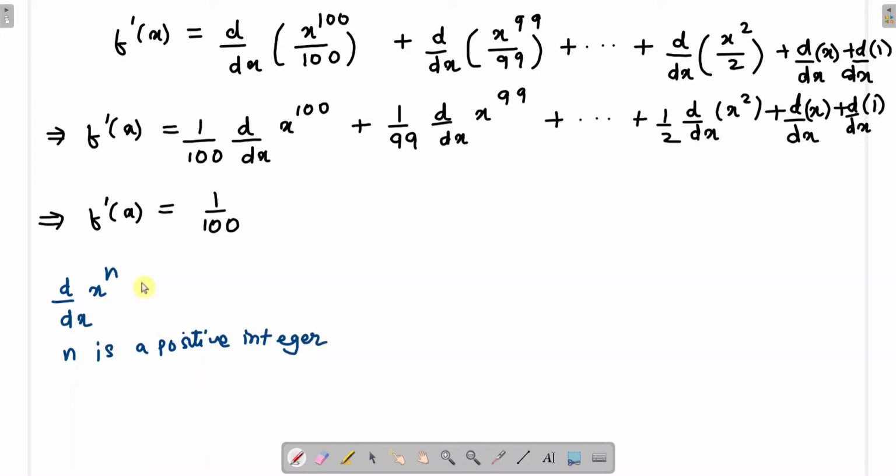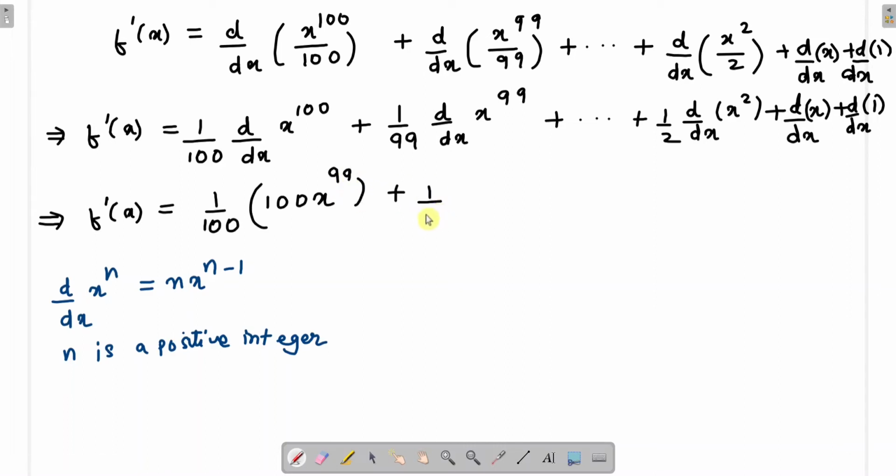Okay, so this will be equal to, you have already studied this formula, the derivative of x raised to n where n is a positive integer is equal to n times x raised to n minus 1, right. So what you will get here, you will get n, that is 100, x raised to n minus 1, that is 100 minus 1, which is 99,